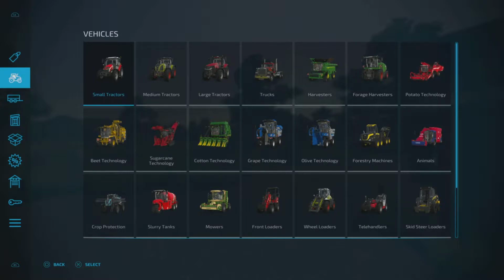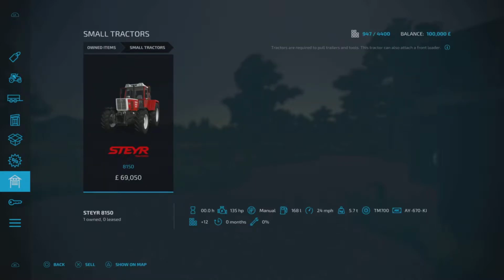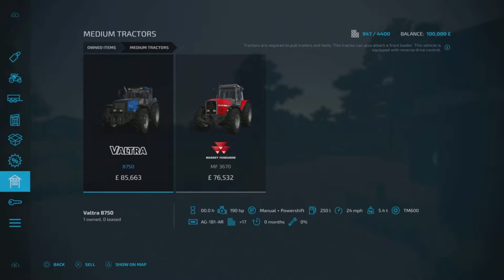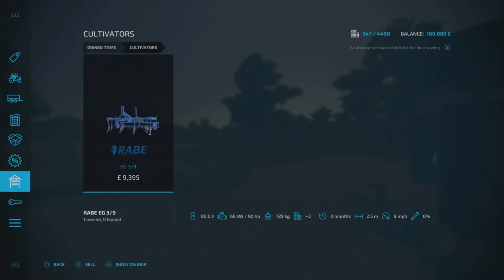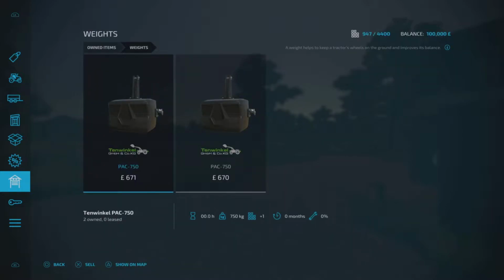You start off with exactly the same equipment in all three modes. I'll talk about farm manager and start from scratch in a second. So like I say, the machinery is all the same, but I'll go through the slot count separately because it is different. But new farmer mode, the slot count is 947, and this is the equipment you get in all three modes. And I'm pretty sure it is Oak Belleron starting equipment. We've got the Steyr tractor and small tractors, two medium tractors. We've got the Voucher and the Massey Ferguson. We've got the Deutschfahr harvester, 2017 Lizard pickup, the Valga trailer, header for your harvester. I've got the Rabe cultivator, I've got the Nordsten seeder, trailer for your header, and we've got two 10-winkle weights,